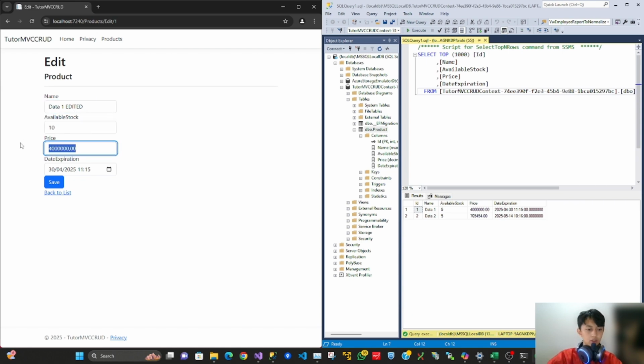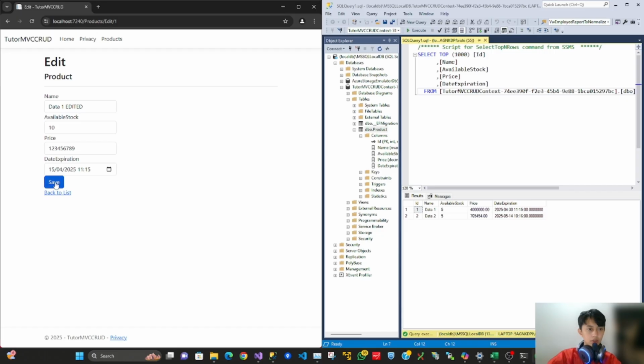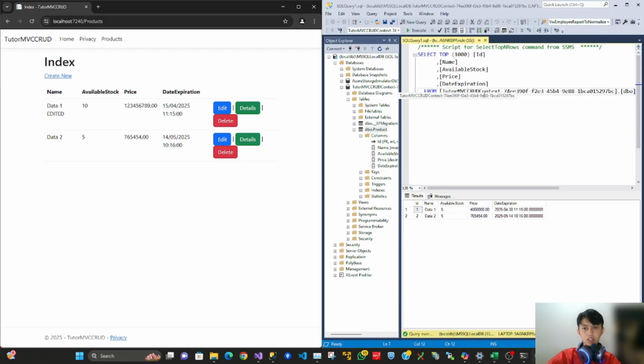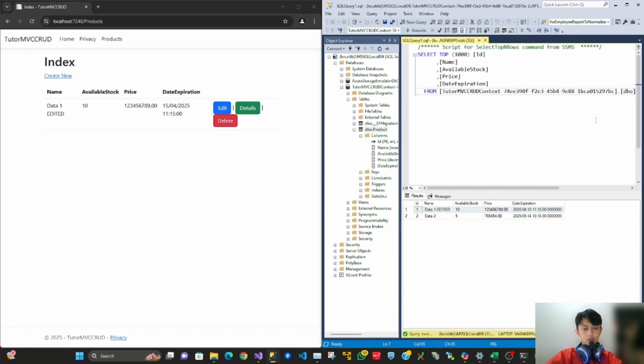Then it is the initial data. Let's click save. So the data is edited correctly here. If we delete the data, it is deleted in the table as well.